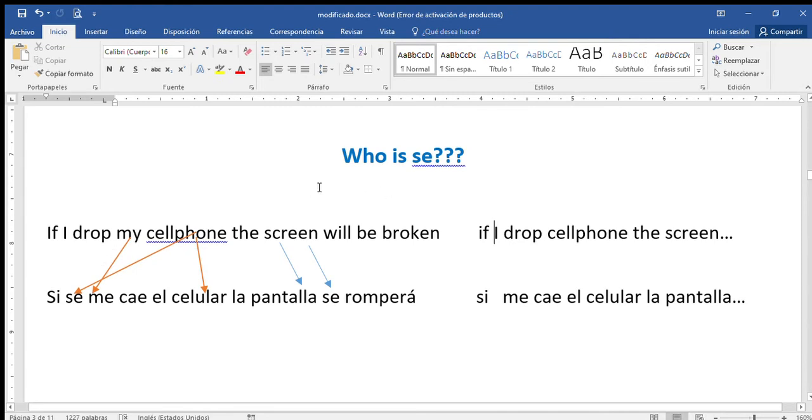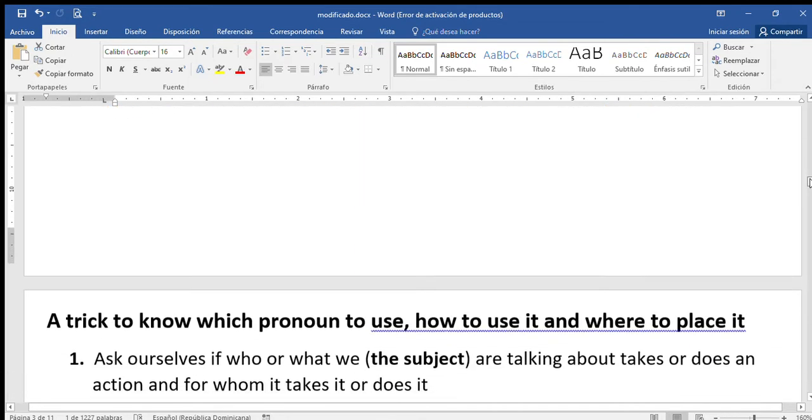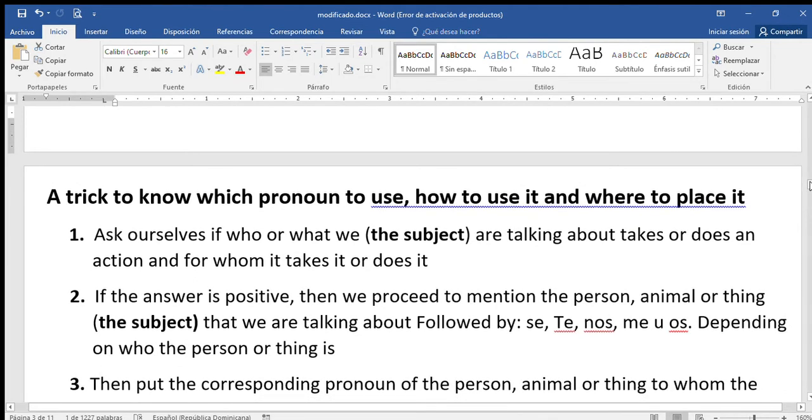Now, who is "se"? When you say "if I drop my cell phone," you are saying that cell phone is "celular," and you're also saying that cell phone is "se." So "se" is for the third person, and this is the third person. So this is very important right here. And it says